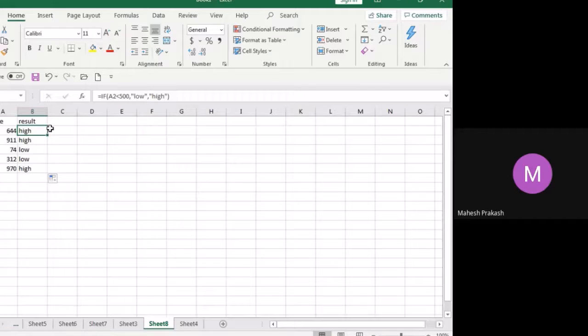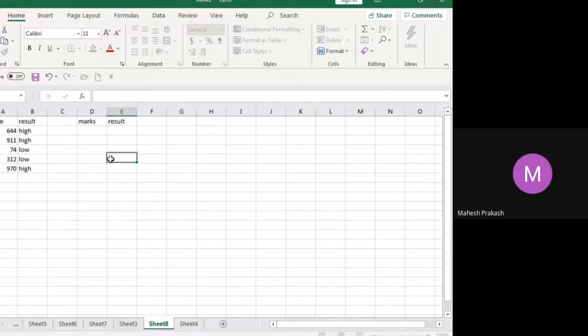So you got this right. Now I'll take you more inside with the IF condition. Then you will understand. Okay, this is the IF condition. Now imagine there is another column, something like marks and the result. Marks means percentages. Okay, 67, 45, 73, 82, 83, and we'll make it 50.